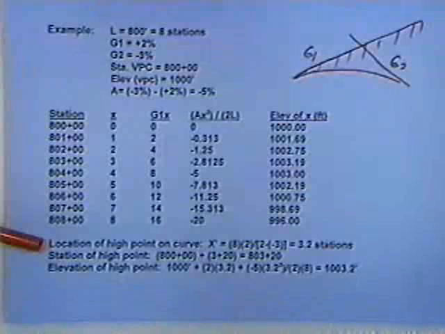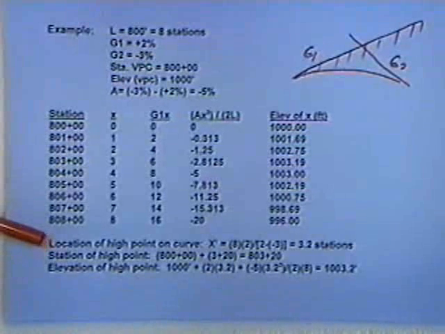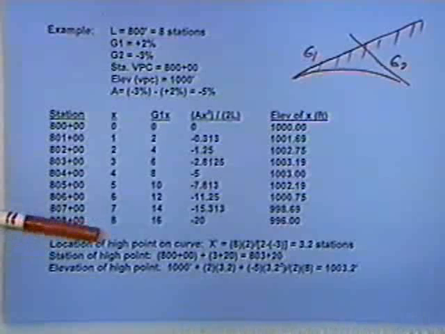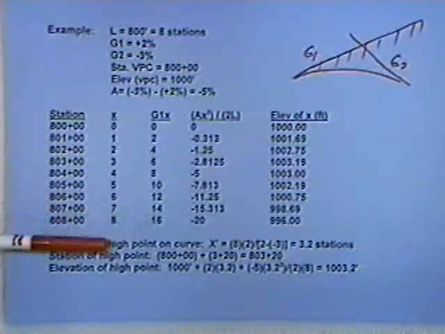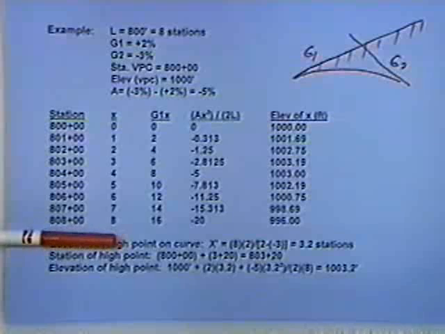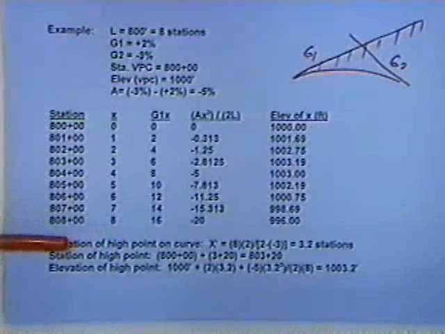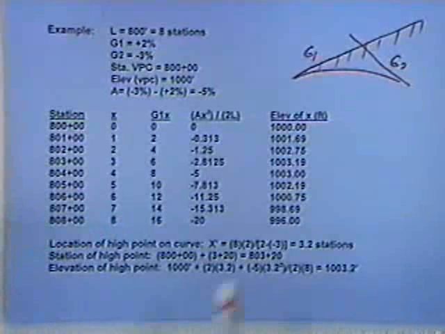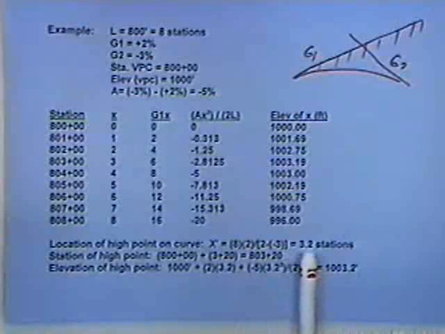Let me just tell you what the variables are here, because they're not really defined well on this overhead. The location of the high point is shown as x prime on this slide. On your equation sheet previously, it was defined as x sub m. So we're talking about the same thing here, and this is not the equation that was used on the previous page, so don't try and make it out to be the same. This particular equation is L times G1 divided by A, and you come up with 3.2